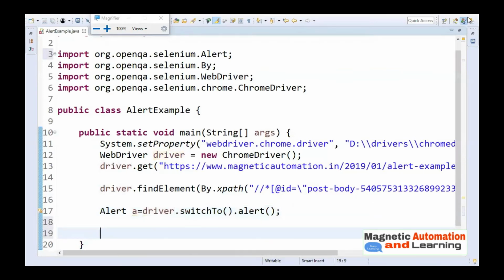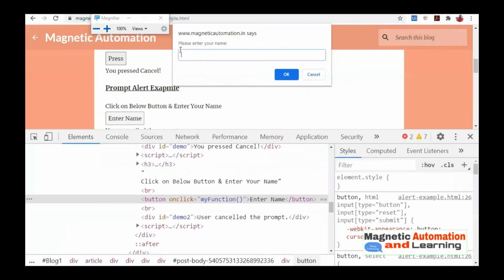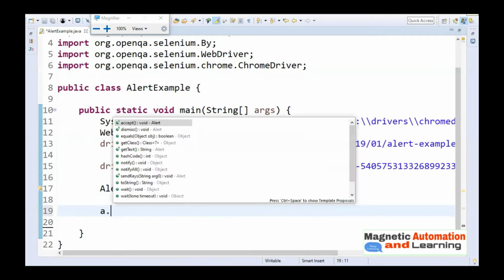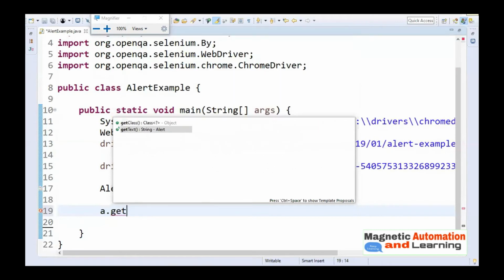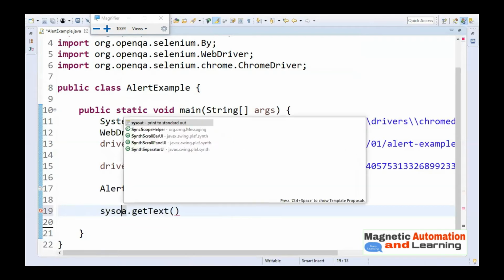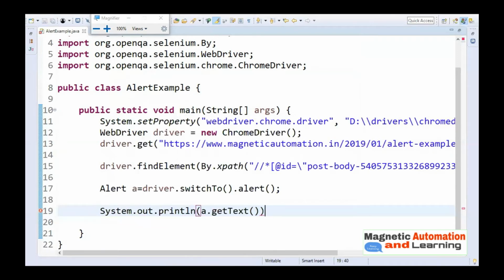Now if you are interested in printing the text, which is asking here, please enter your name, there is one function in the Alert interface, that is a.getText(). You can see the return type of getText is String. You can easily print it with the help of that. So it will print the text of that alert.